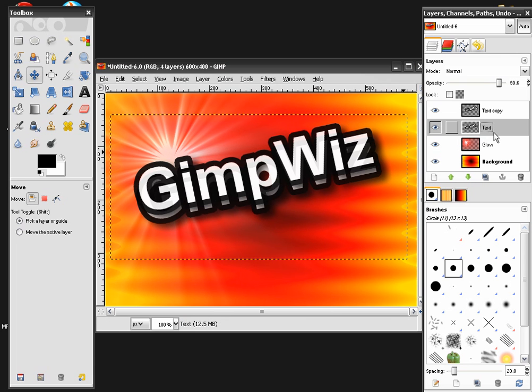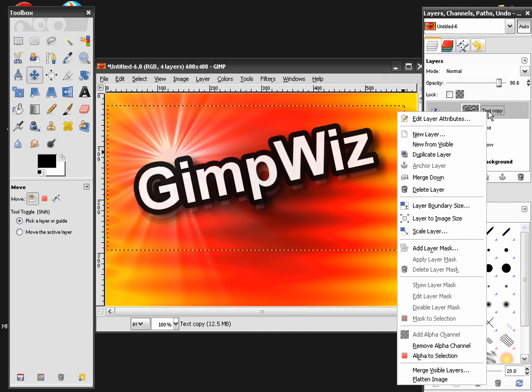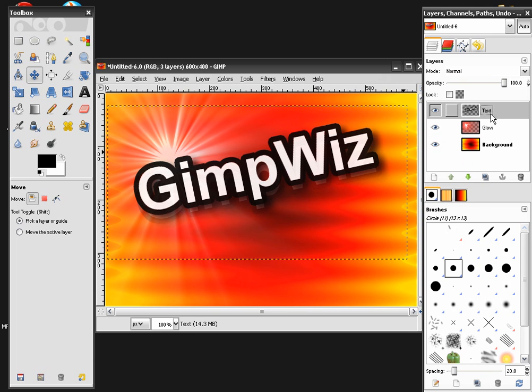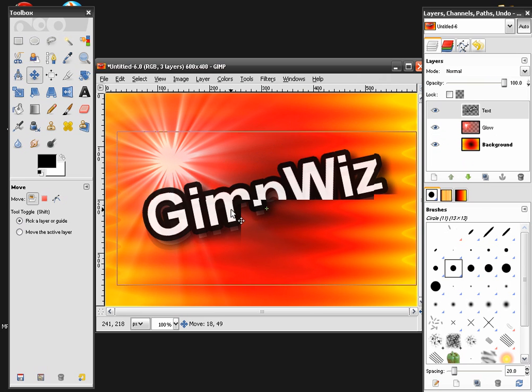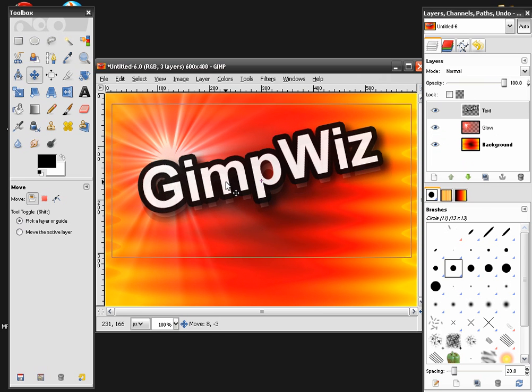And then get your original one, and change the opacity way down to about 20. And then right click on your copied text and hit merge down, and that will merge your two text boxes together, so if you move them, they are one. And this will create a little reflection